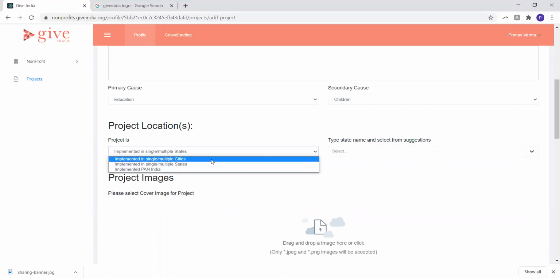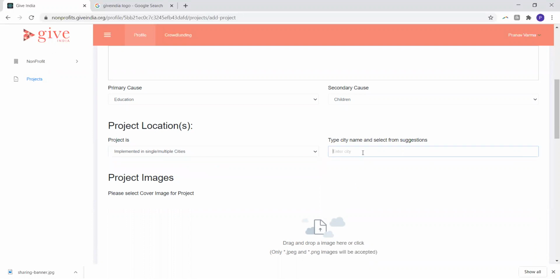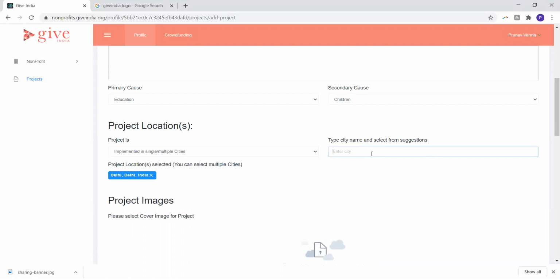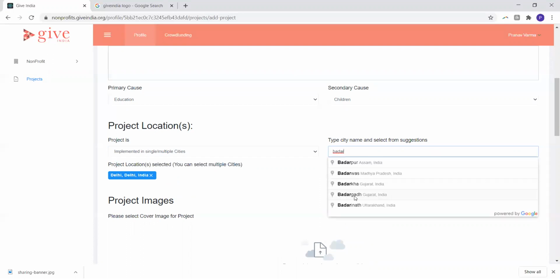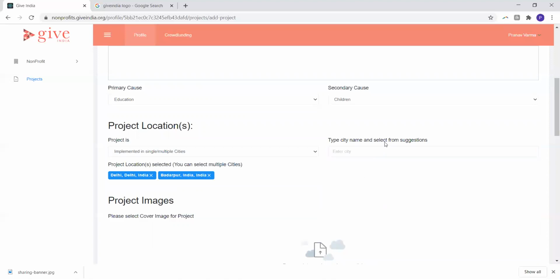Else, you can select cities. So here, you can enter a single city or you can enter multiple cities. And all of these locations will get added as your project locations.